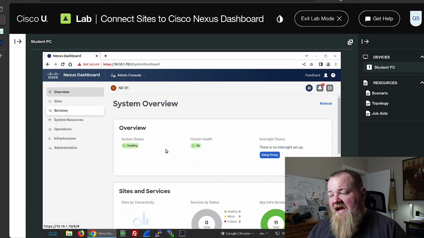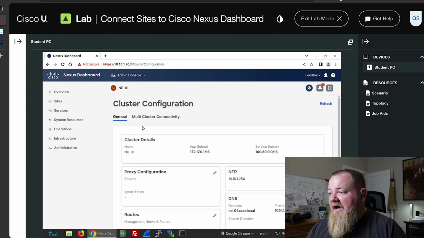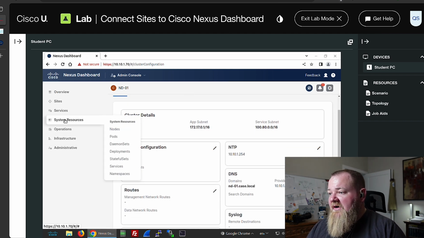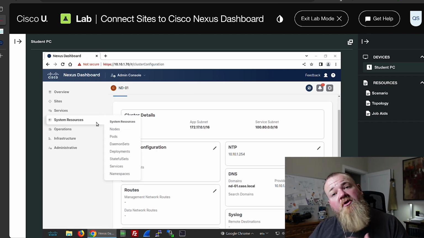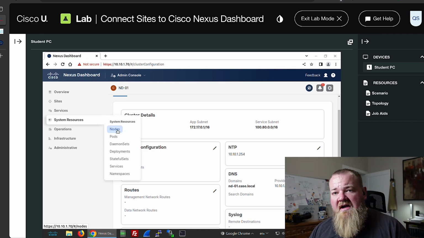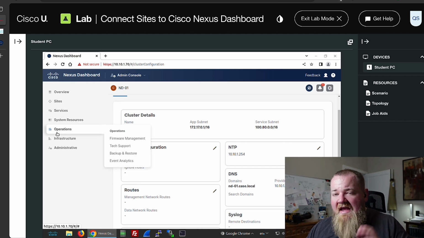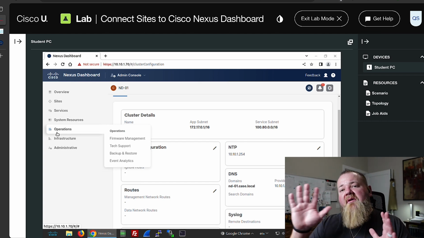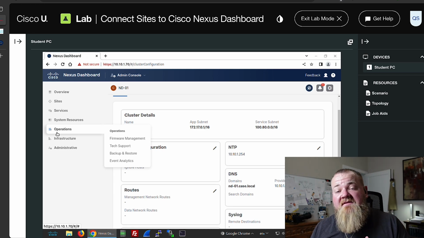Understand how Nexus Dashboard does its monitoring, does its configuration, looking through the cluster configurations here, understanding system resources. It's Kubernetes under the hood, so understand how Nexus Dashboard brings that information up to the front in terms of nodes and pods and daemon sets and deployments and things like that. Understand the components and how that gets bubbled up, because this, again, as I touched on in my first video,